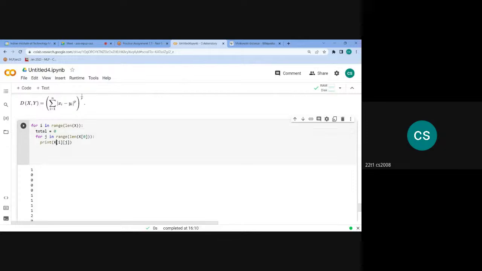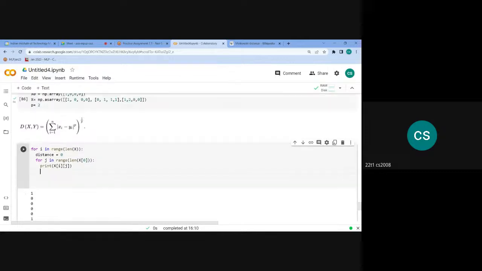So I'm just naming it total. And then for every step I have to subtract and take the absolute. So np.absolute I will use, and then I will subtract x i j